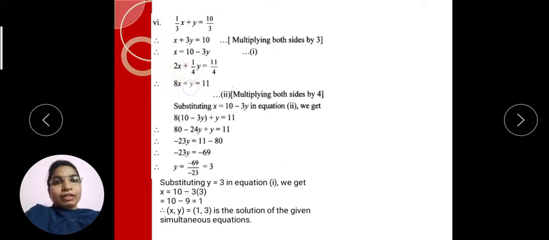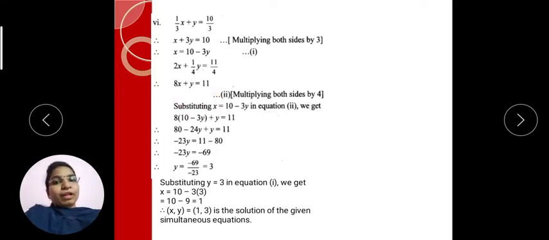So 2x plus, now this is equation first. If you put this as equation first, then here it is third one. Third and fourth you can choose, but the numbering should be different. I simplified first and then gave it as equation first. Now 2x plus 1 by 4y is equal to 11 by 4. Multiply this equation by 4. After multiplying, what will you get? 2 into 4, 8x. 1 by 4 into 4 is 1, therefore y. And 11 by 4 into 4 is 11. And therefore the equation becomes 8x plus y is equal to 11, after multiplying both sides by 4.